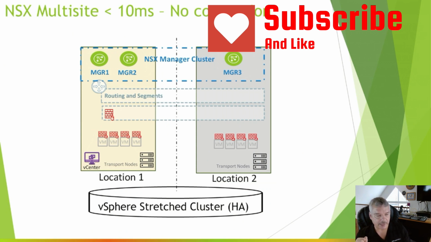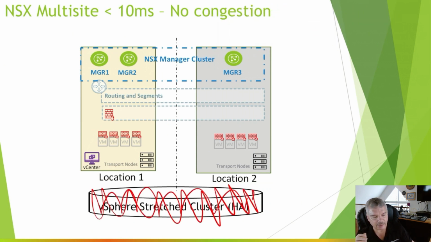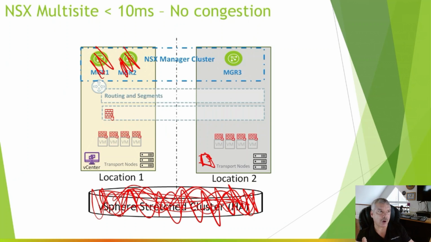Let's say you're having a really bad day. Let's say, first of all, you're not using a vSphere stretch cluster. Let's forget about HA for a minute, okay? So there's 2 different vCenter servers here, or actually, they don't have to be. But anyways, now, all of a sudden, you lose managers 1 and 2. Somehow, maybe they are on the same data store, and they got completely corrupted, and they're gone. They're never coming back,